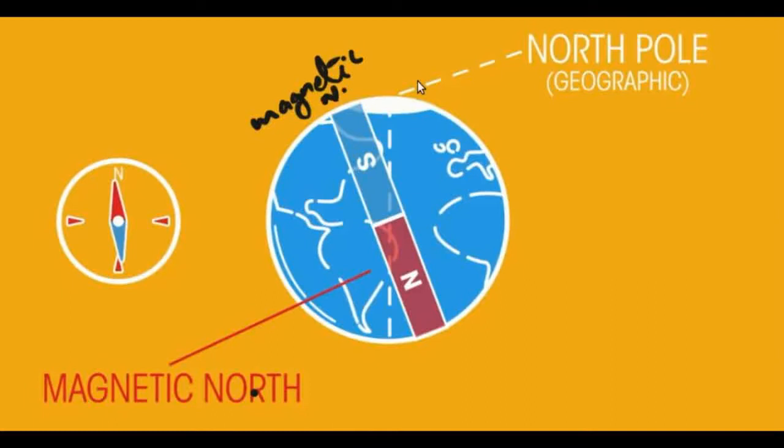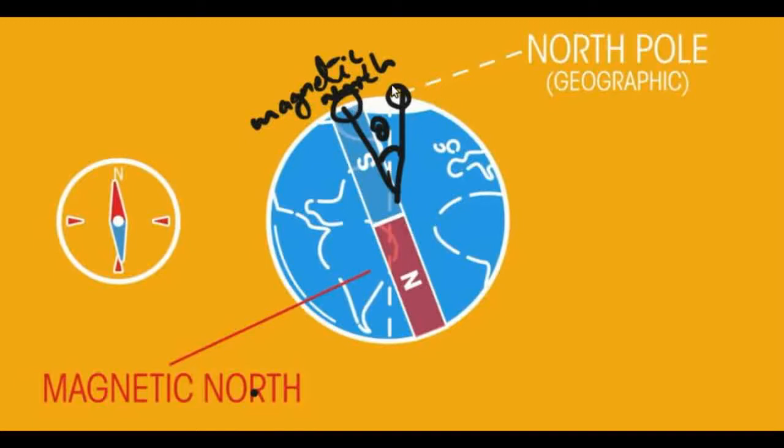In other words, we have two types of north. One is the magnetic north, which is due to the huge hypothetical magnet hiding inside the Earth, and then we have the geographic north pole, which arises due to the rotation of the Earth, or this pole is along the axis of rotation of the Earth. You can see that the axis of magnetism is not aligned with the axis of rotation of the Earth. There is a small angle between the two axes.